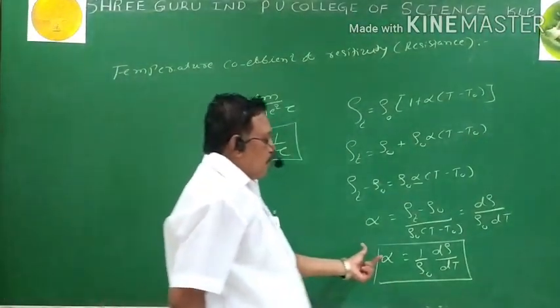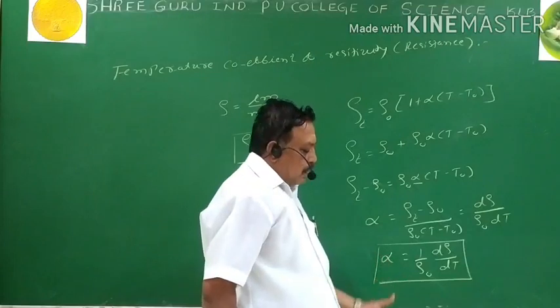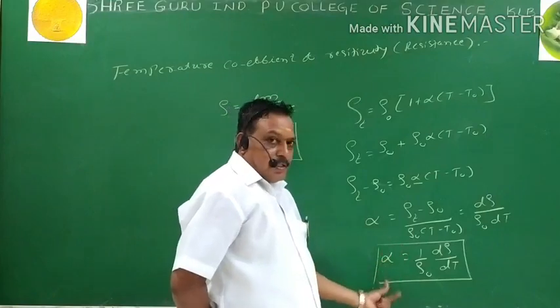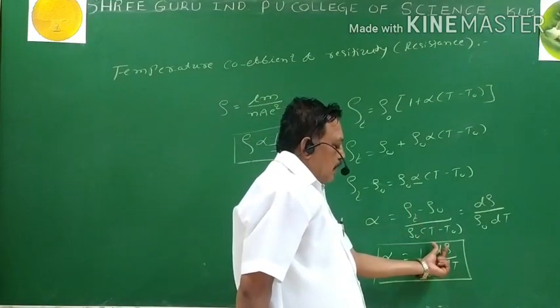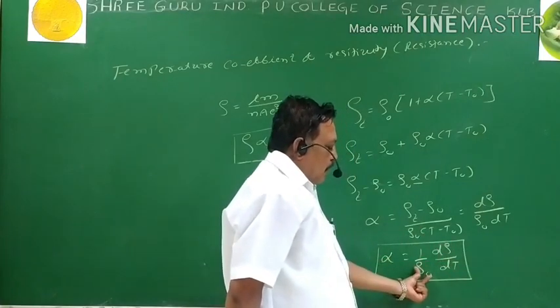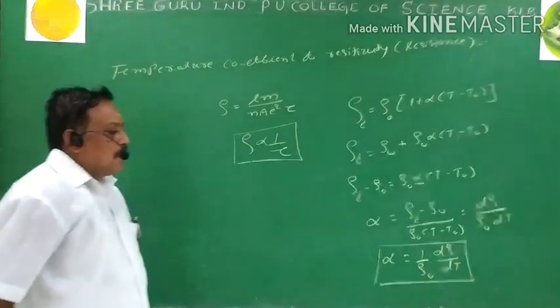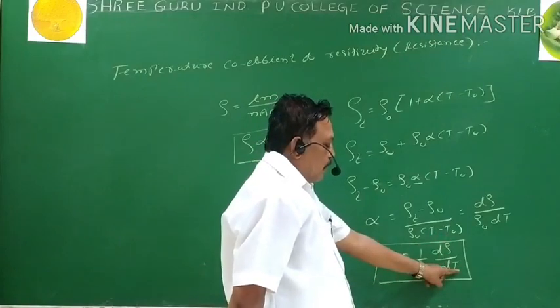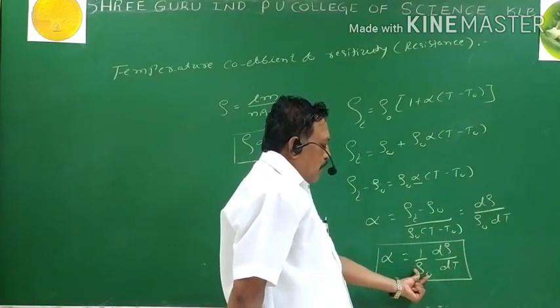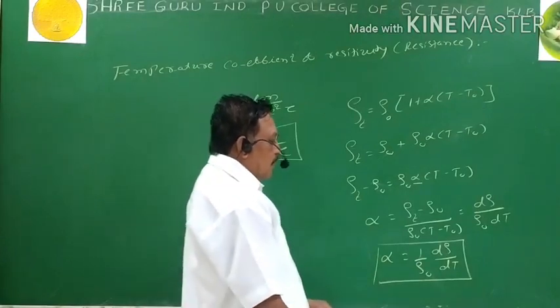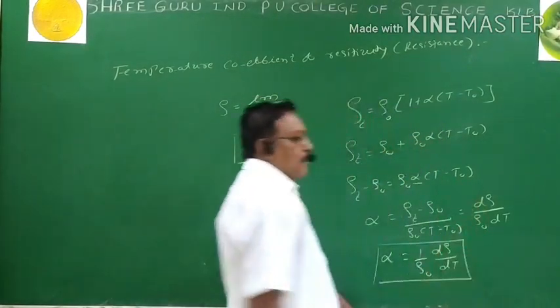Then I define the temperature coefficient of resistivity of a given material. The temperature coefficient of resistivity of a given material is defined as the increase in resistivity per degree rise in temperature to the resistivity at 0 degrees centigrade. So, there is a change in resistivity with corresponding change in temperature with respect to what? The resistivity at the reference point, that is nothing but at 0 degrees centigrade. Now, this is our temperature coefficient of the conductor, and it is expressed in terms of per degree centigrade or per Kelvin.